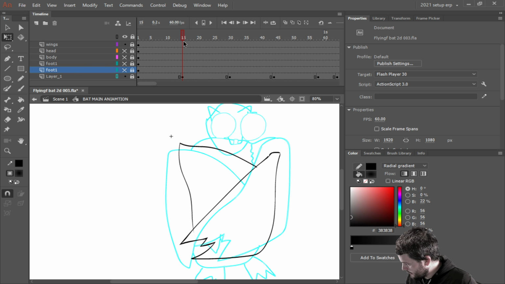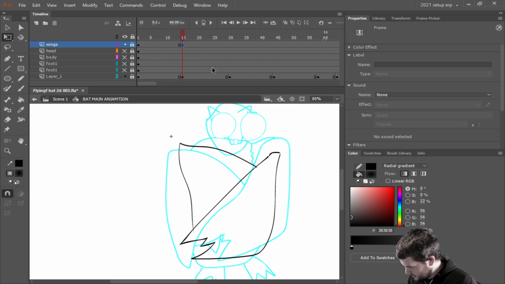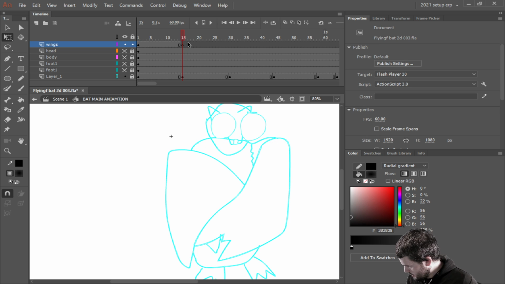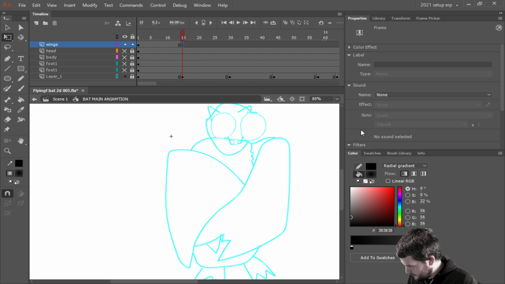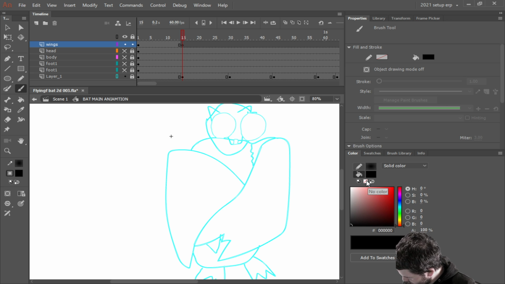Disturbing. Alright, let's go insert key, and let's delete this once I unlock it. Good job, me. Alright. And you know what? We don't need onion skin, since we have drawn this already. I'm just cleaning it up and making it look all fresh and fancy. Alright, so